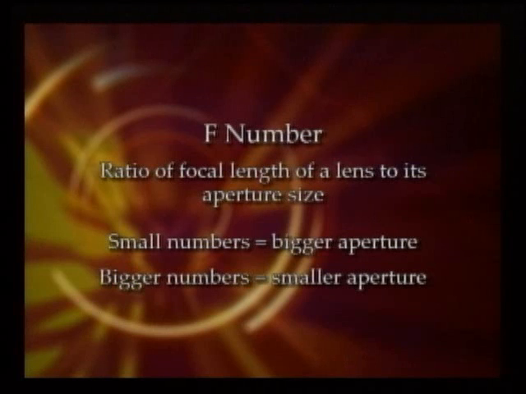It's a ratio, so if you consider that you're dividing a number by the f number, it makes a little more sense as to the size of the opening. Smaller number equals a bigger aperture, which lets more light in. A bigger number is a smaller aperture and lets less light in. And the reason that you would want to adjust that is because when you have a shallow depth of field from using a big aperture, you have your main subject in focus and everything else is blurred, so it really calls attention to the subject that you're taking a picture of. Whereas if you go with a small aperture, you're going to have everything in focus, so you're calling attention to a much wider range of things.